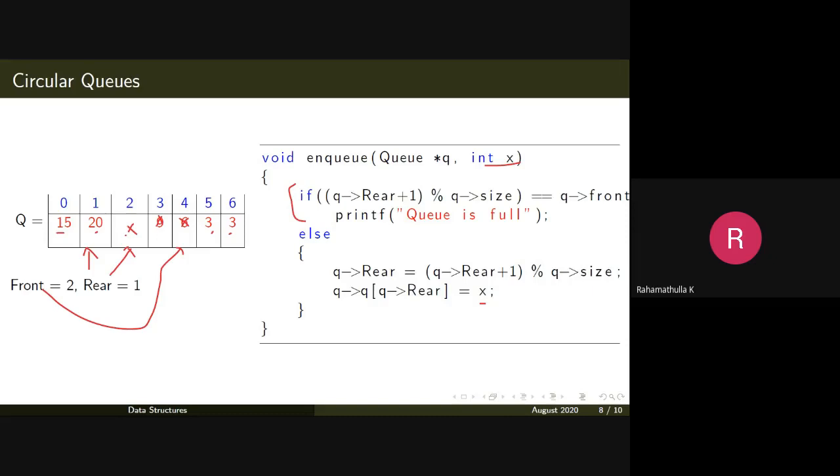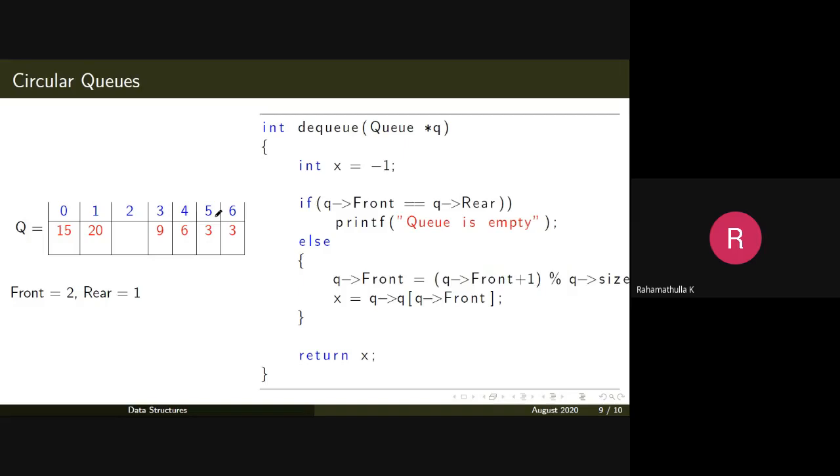So that's how we implement a circular queue. Here the queue or the array is not circular. Here we are making it circular by using our front and rear pointer. The front and rear pointer is actually moving circularly from the last position to the first position. That is what is happening here. So that's how we insert an element. Let's see how you delete an element.